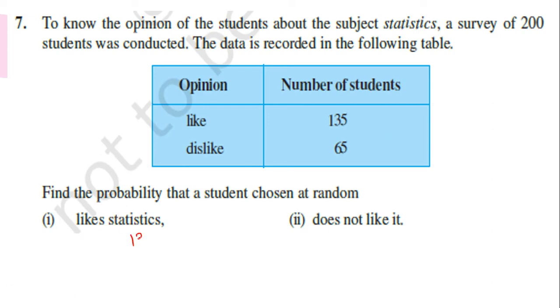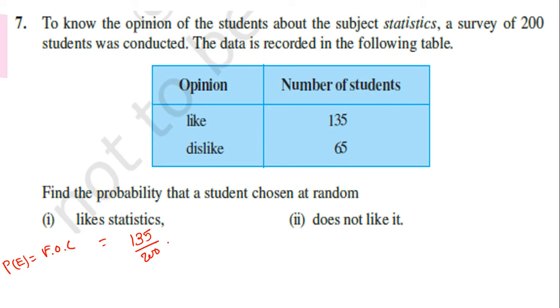Now the question is the probability of liking statistics, which we have to find. So again, so easy: like statistics 135, favorable outcome. P of E, we have to write properly, because there are marks for the description. You don't have to write 135 directly. Generally when I check papers, every year students directly write the answer 135 upon 200. If you directly write 135 upon 200, you will not get full marks, only half. Your presentation must be very neat and clean and fulfill all the criteria.